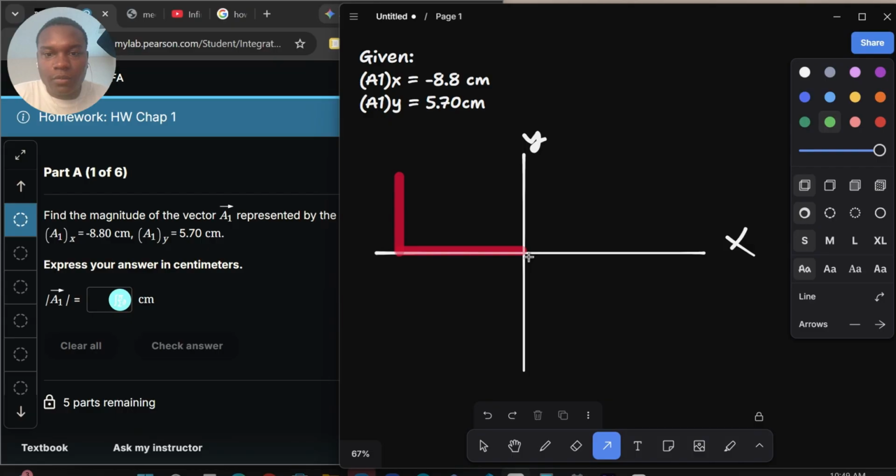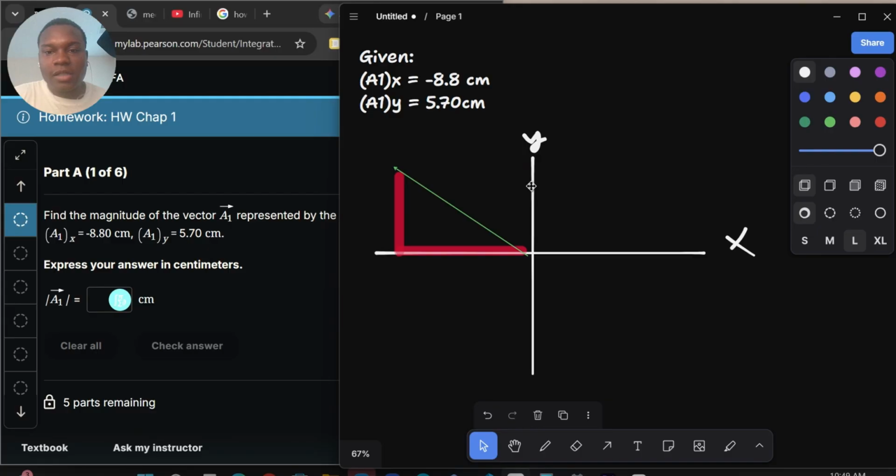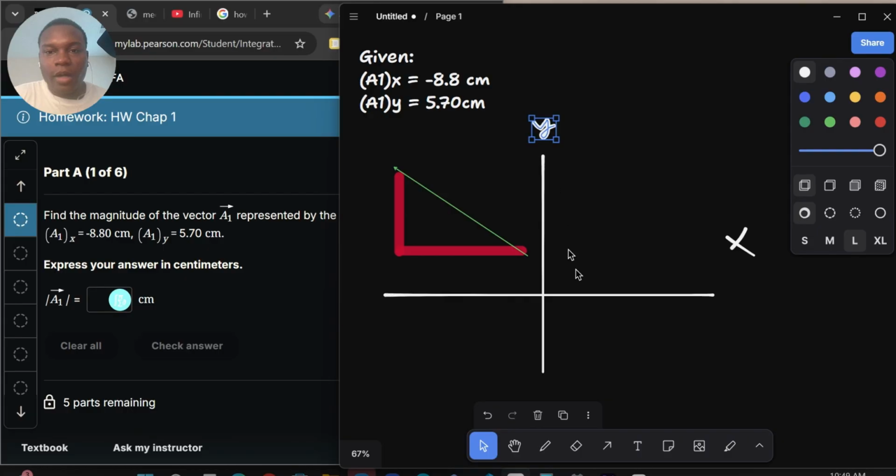This is the initial and final again from before. Now I know I started this vector from the origin out of convenience, but it doesn't necessarily have to be that way. I'm going to put these back, but I'm just showing something. We're going to ignore this stuff real quick.